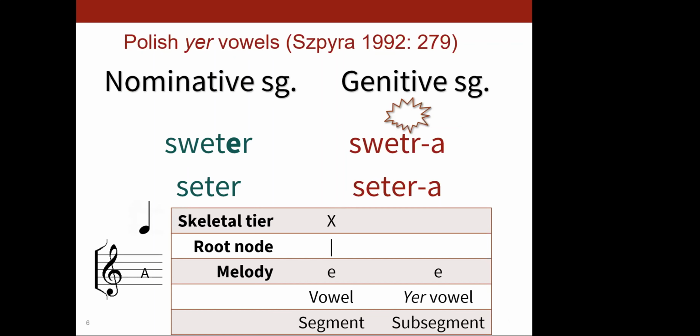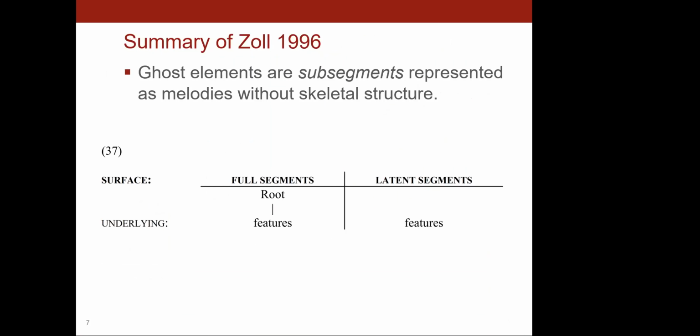We can kind of use this metaphor of music. We can think of the melody as the notation of music, like an A note, which signifies the frequency of that note or of that sound, whereas the skeleton is like the note stems and flags that tell us how long a segment is going to take and kind of fixes it within a word. This concept of a subsegmental element in the underlying form as opposed to a full segmental element,